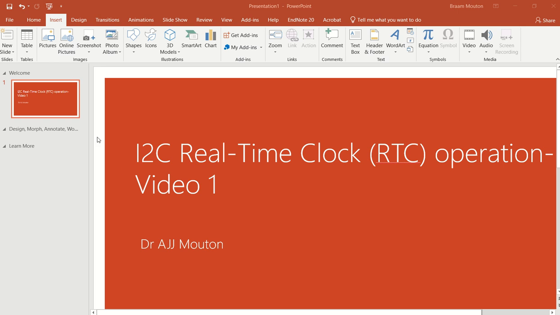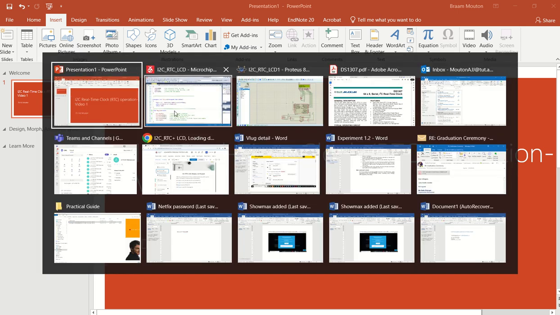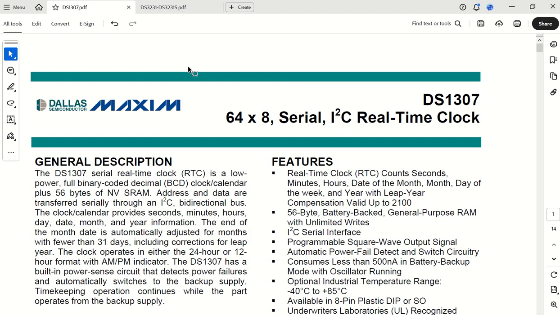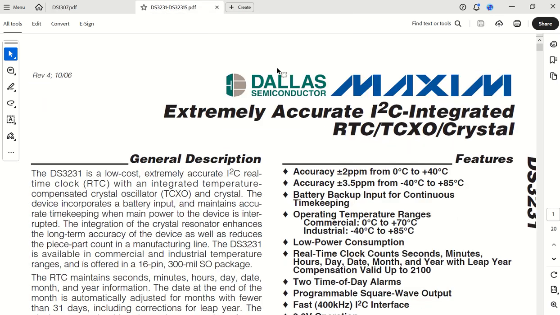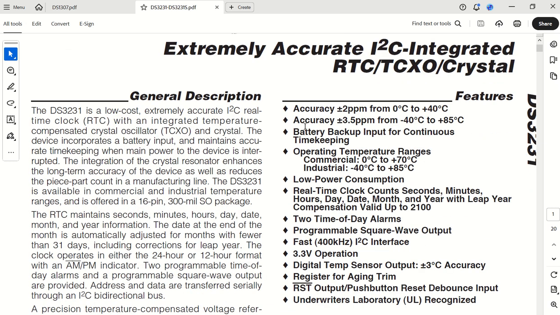So if I can go to the two different real-time clocks that I'm talking about. The one is this DS1307, and the other one is called a DS3231.